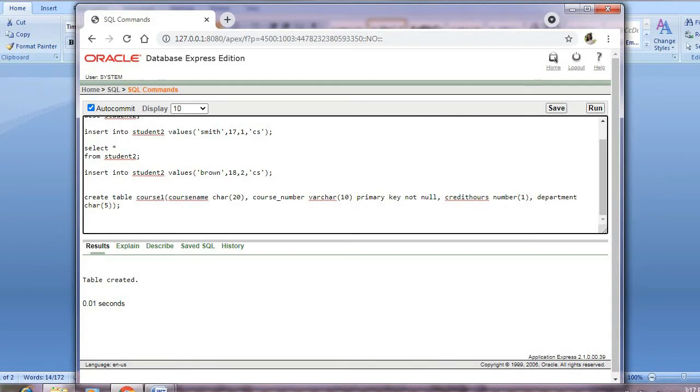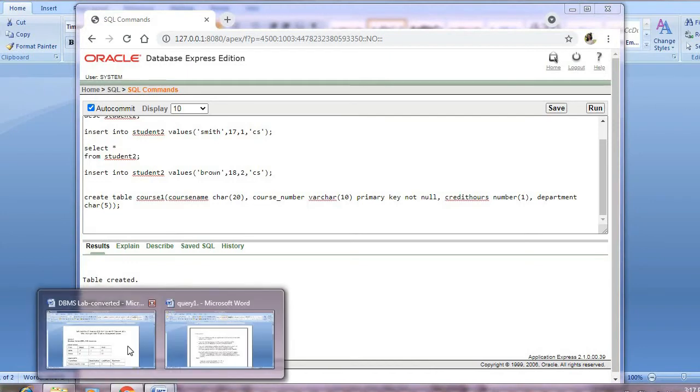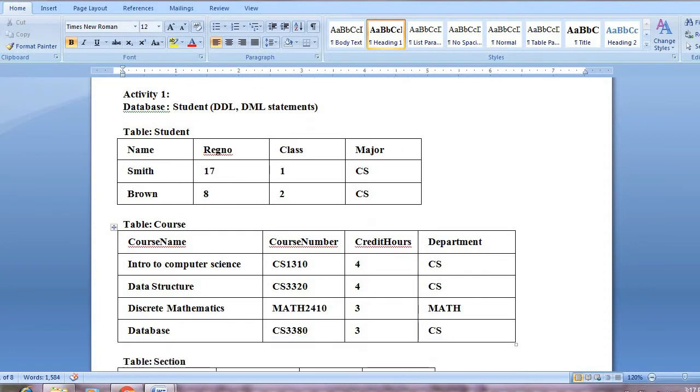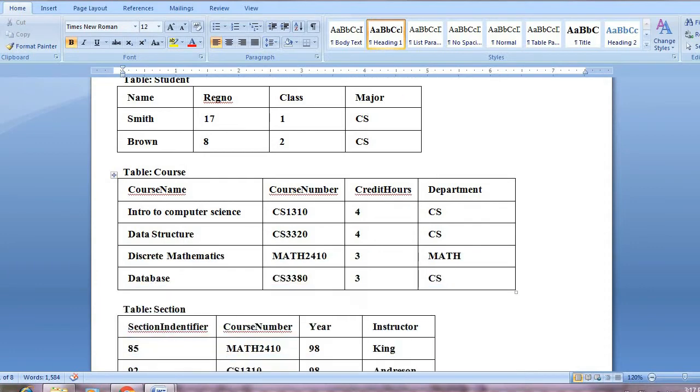So for this course, how many records we have? We have 4 records. I'll show you where are the records. Okay, see here, when I come to the table course, there are attributes as I have already entered: course name, course number, credit, departments. Then I have to enter the records. So 4 records are there. There are 4 records. Now each one record I'll enter by making use of the command insert.